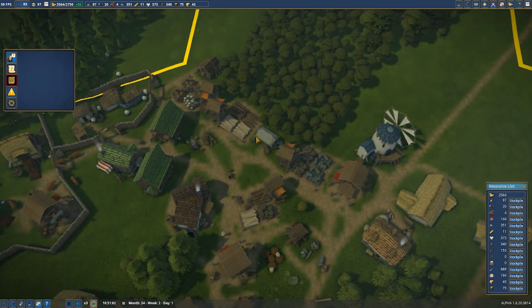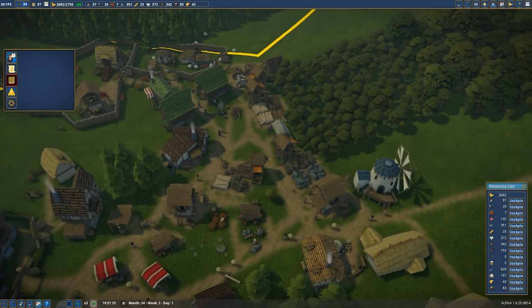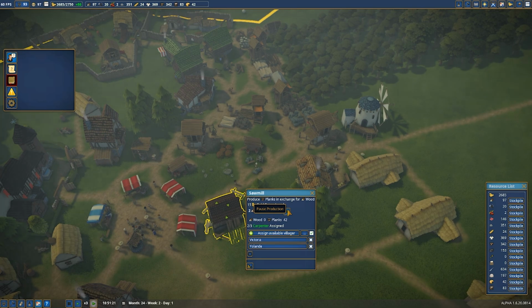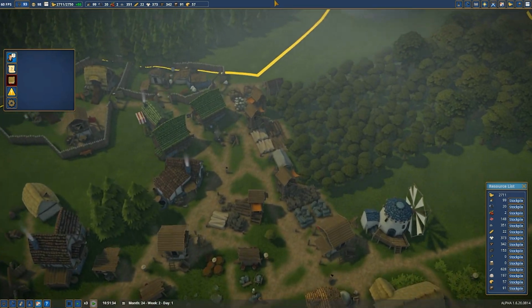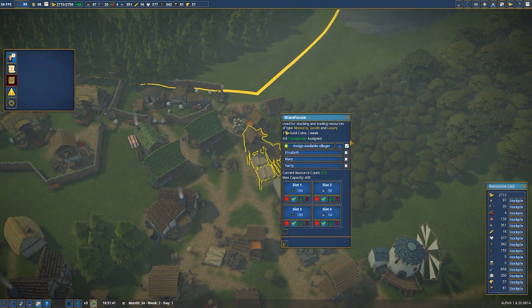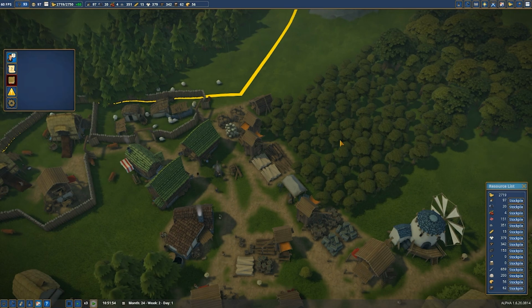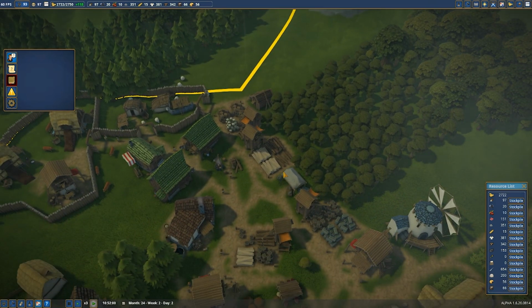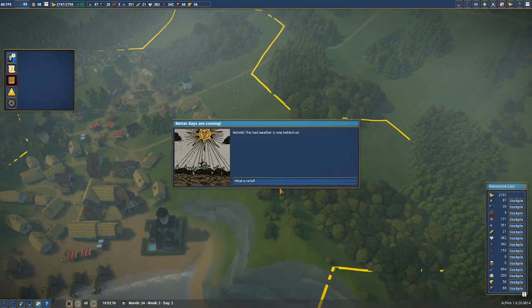Do we have a sawmill over here? Where is that? Where's our sawmill? Our sawmill is way over here. That's not too far. Okay, but I mean, we're just kind of full on planks. Okay, so what do we do here? Definitely gonna need a lot more wood. I could possibly...